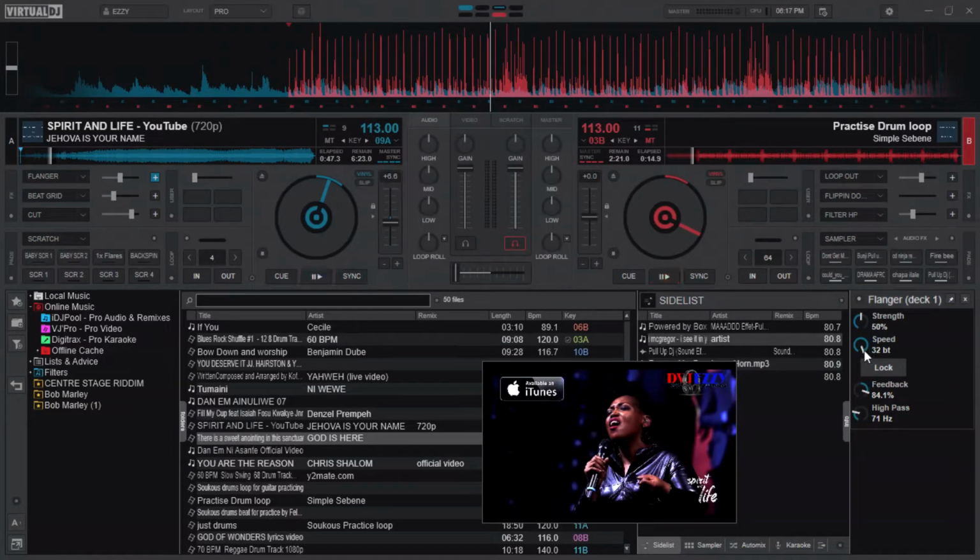32 bit, it will loop for 32 bits. You might decide to put it like at 8, is very common. You might decide to lock it to that bit, the speed of that bit, which is very useful. And you might also decide to increase the feedback of that effect, and or maybe do a high pass. High pass will look at some kind of section of that track, that's where the effect is applied, the other part will be ignored.